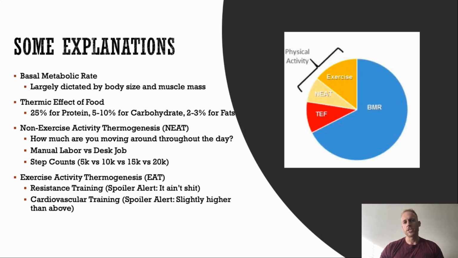Some other explanations here. Thermic effect of food. So the thermic effect of food is how many calories do you burn digesting, absorbing, utilizing your food. It's highest for protein. You burn around 25% of that energy from protein. Depends on the protein source. We can get into plant versus animal, but 25 is a rough number that's right in the middle of those,